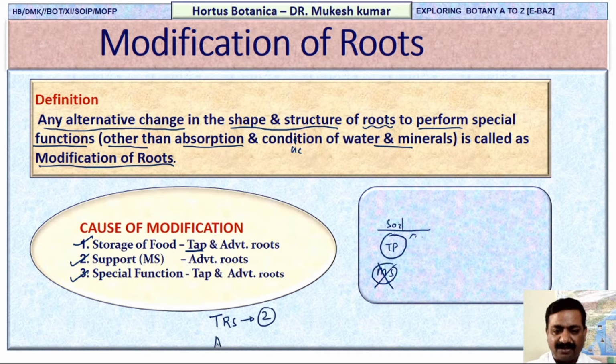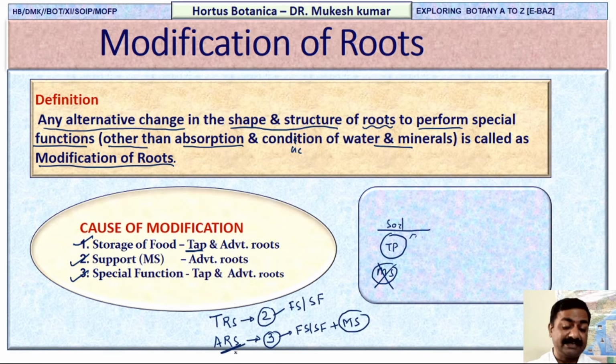But when we talk about the adventitious root system, the causes of modification are three. Here first, food storage and special function. And add one more, that is mechanical support,